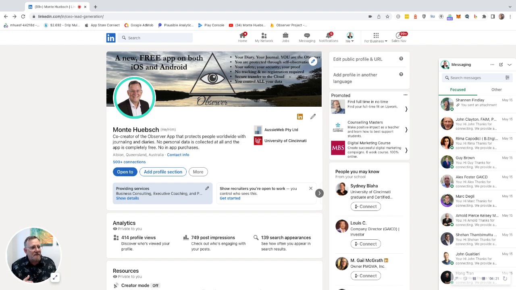So if they provide rigging and safety harnesses for high-rise buildings, we can say, we realize that you do high-rise building cleaning or washing or windows or whatever, and we provide products and services in that area, and that's why we want to connect. We want to get right to the point.